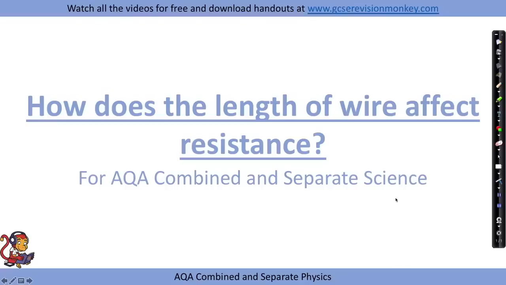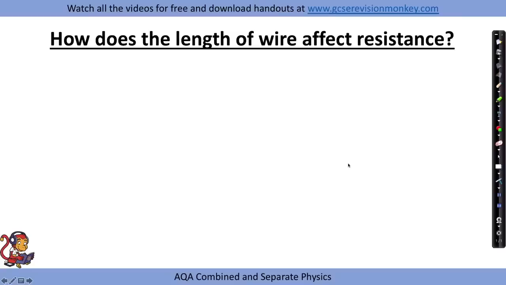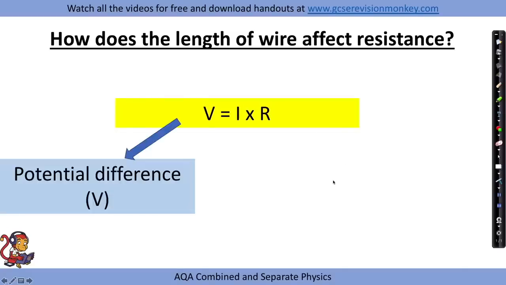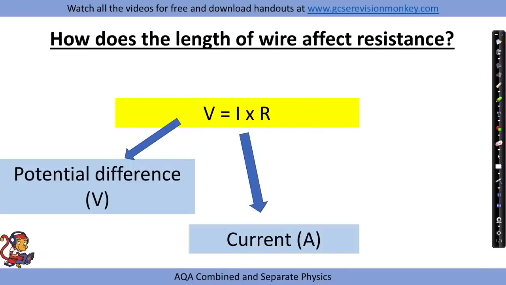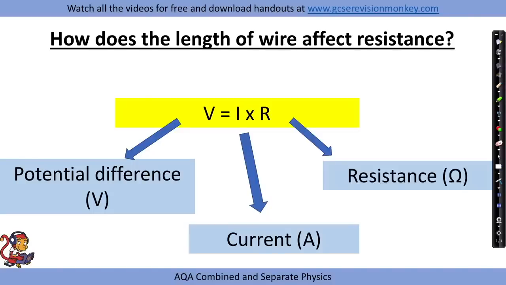How does the length of wire affect resistance? Required practical. For this required practical, we need to recall the equation V equals I times R, whereby V stands for potential difference measured in volts, I stands for current measured in amps, and R stands for resistance measured in ohms. And because we want to calculate resistance, later on we'll use the rearranged version of this equation to make sure we've got resistance equals V divided by